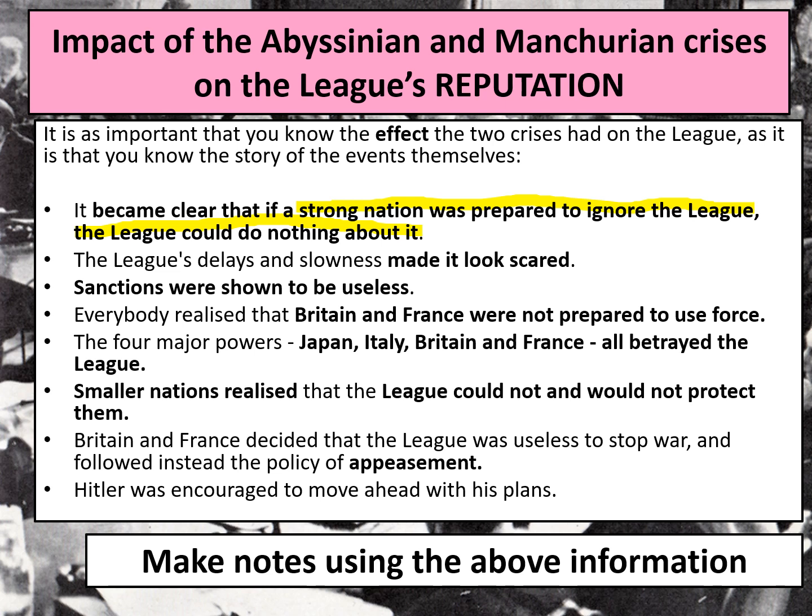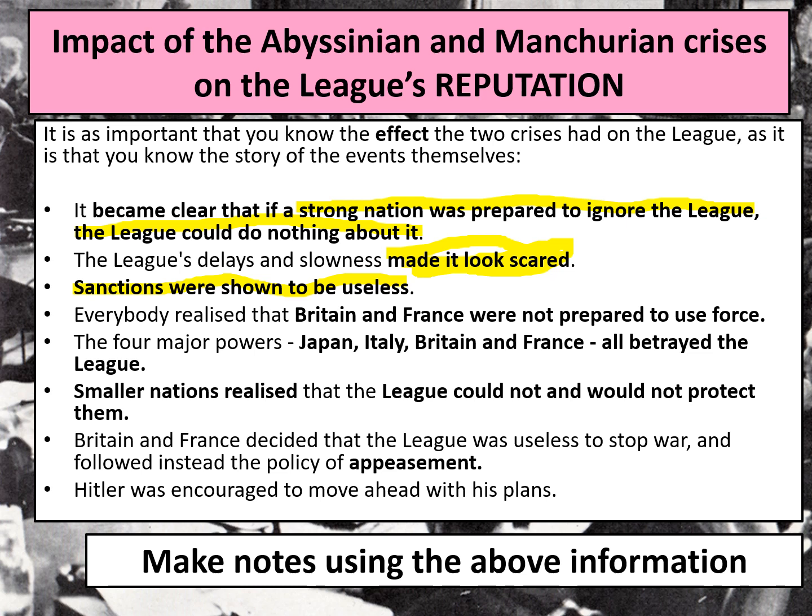Both of those incidents, and in particular the Manchurian crisis, showed delay and slowness, made it look weak and made it look scared. This was not a good look for the League of Nations. Also, sanctions were shown to be weak and ineffective. Think back to Manchuria, the only sanctions they actually used were moral sanctions. And when they did try economic sanctions in the Abyssinian crisis,